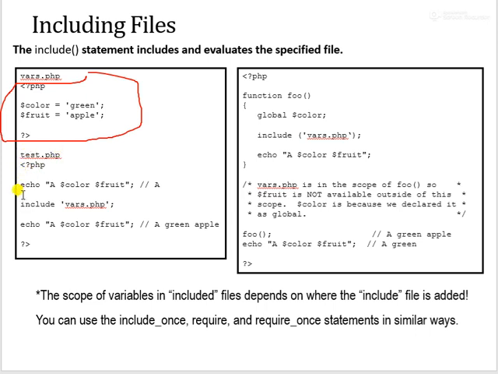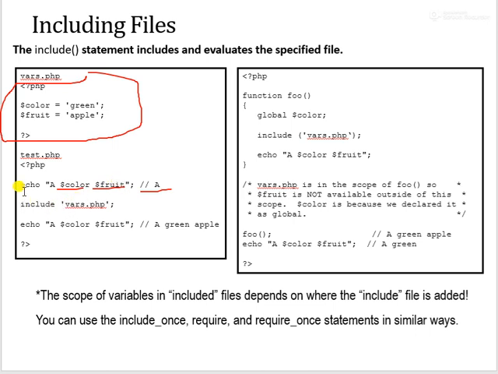Now in this file, when we write this echo a, variable color, variable fruit, this test.php before this statement doesn't know anything about it. So what will be the output? Only a will be output, and for color and fruit there is nothing over there, so it will not display anything.